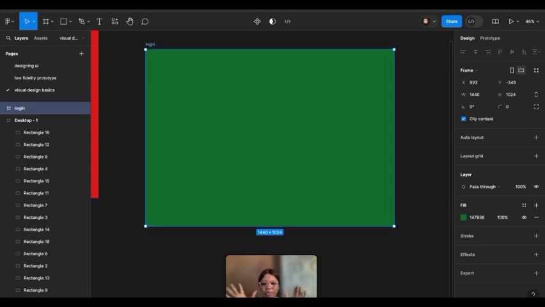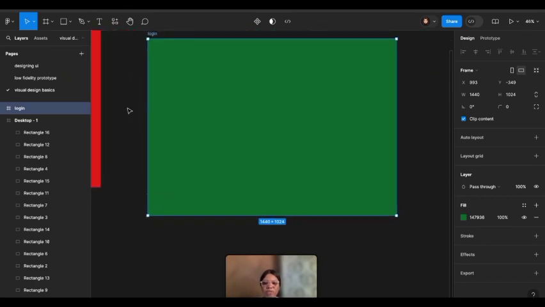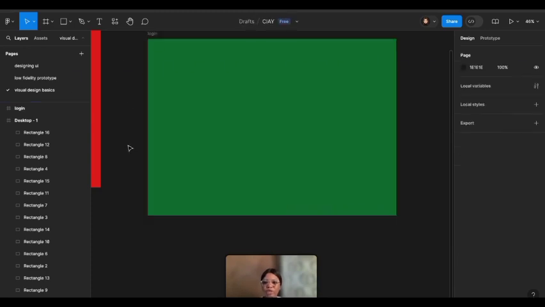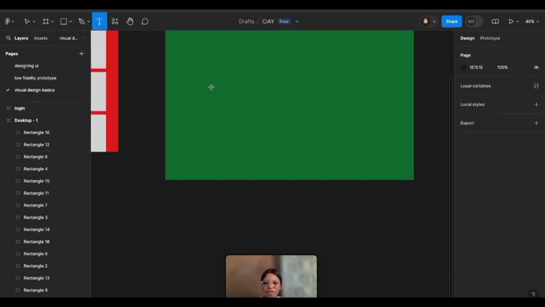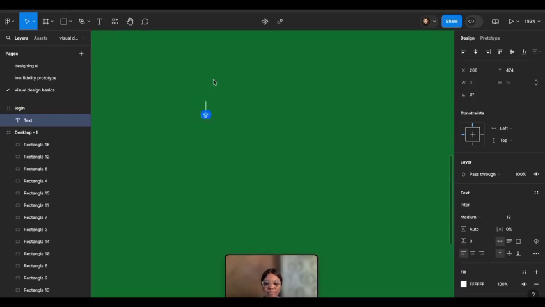So our plan is to balance colors, balance the typography and make sure that we do our spacing properly. So what am I going to do first? Since it's a login page, I will start with my input fields. What are my input fields? Those are the places where I'll be typing in my email and my password. So let's start. What's the first thing? Enter email